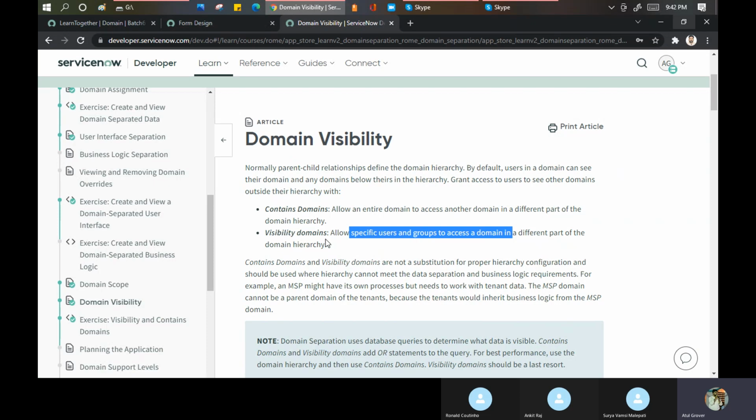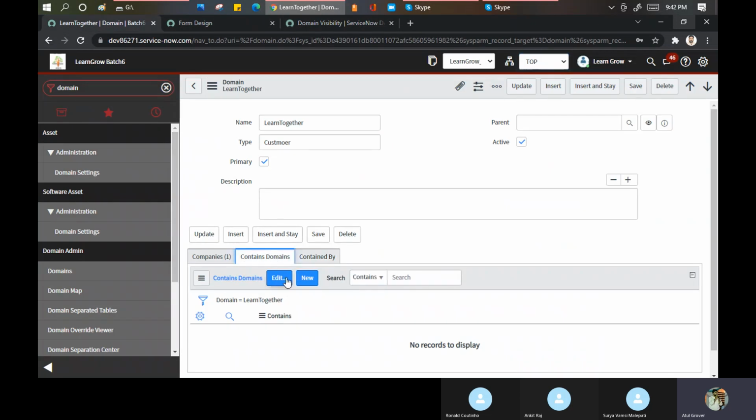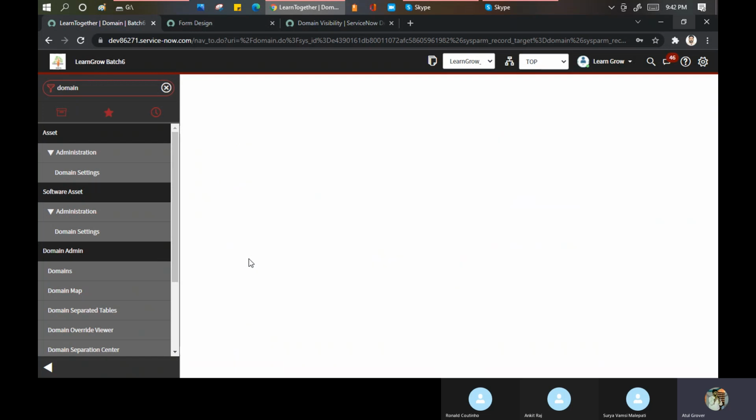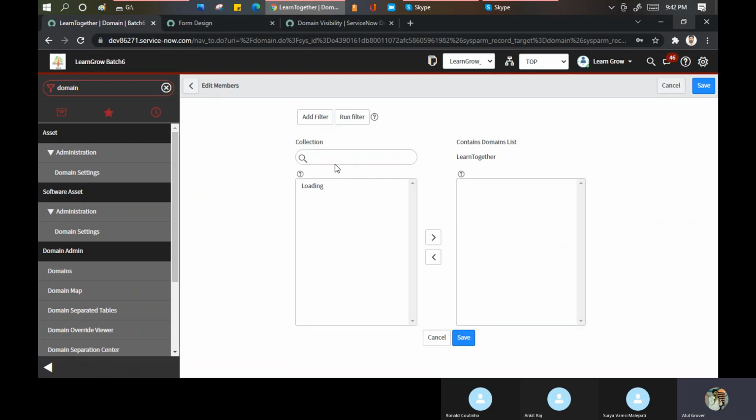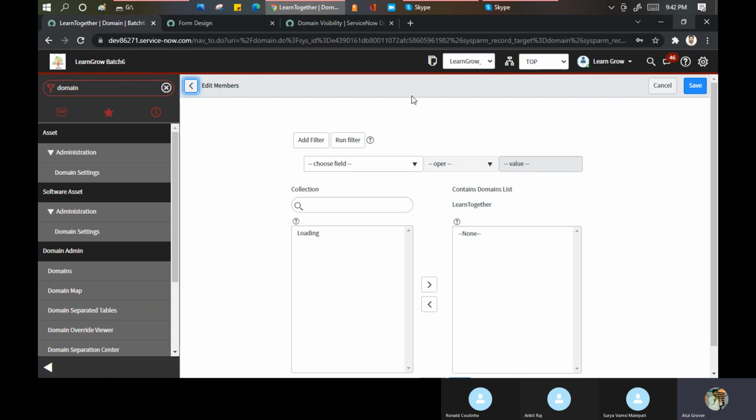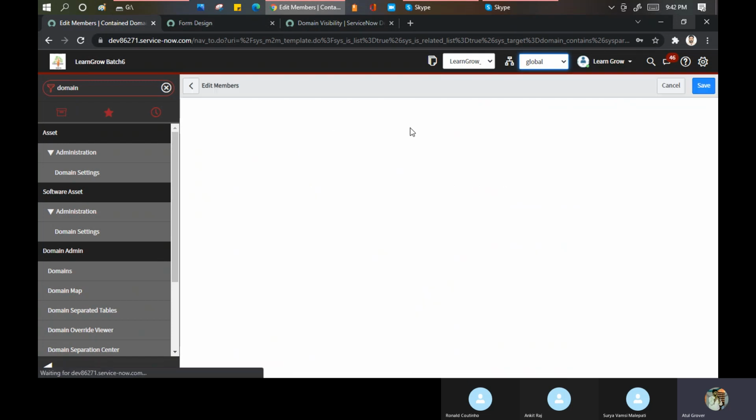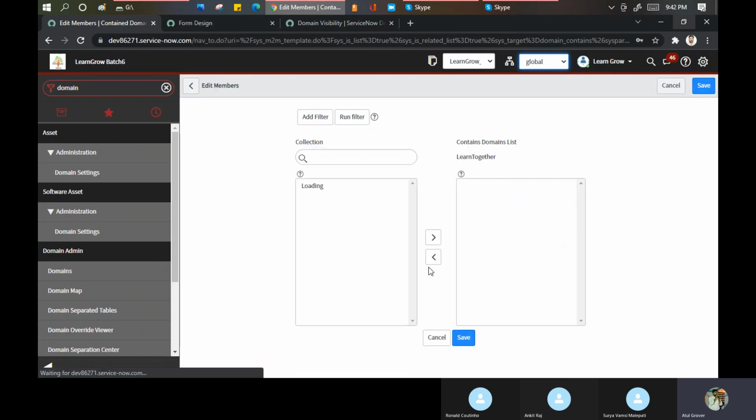If contains is set, then they get visibility; otherwise they don't. So first I'll go here and say in contains domains, give access to Qumiro as well. My learn and grow or learn together domain must have this domain as well as Qumiro. Why not, we'll see. What happened?